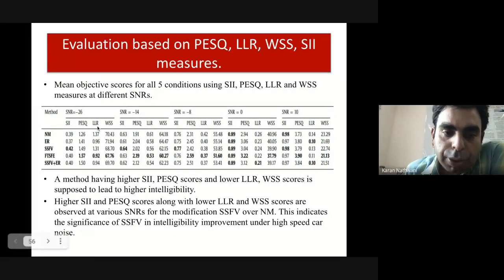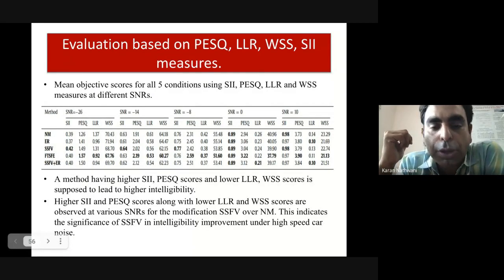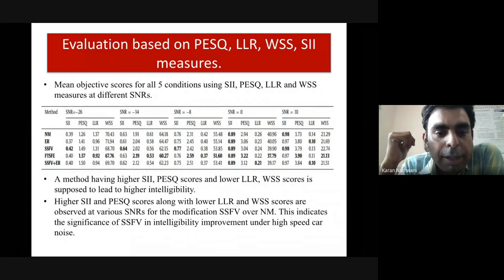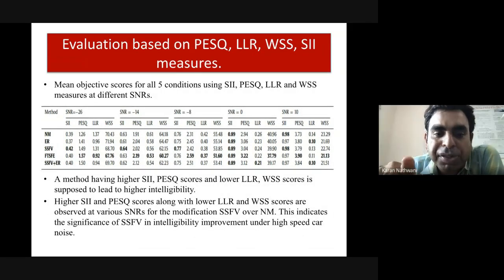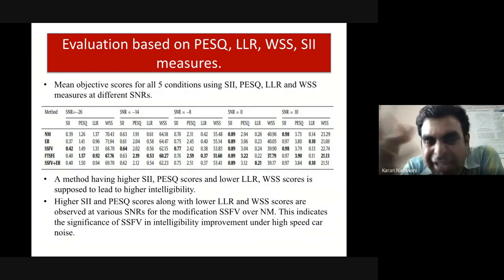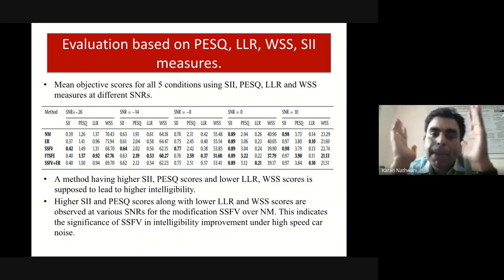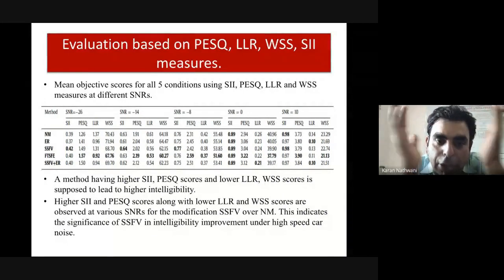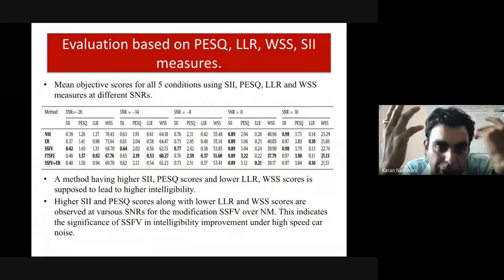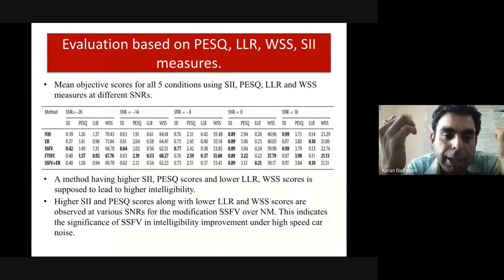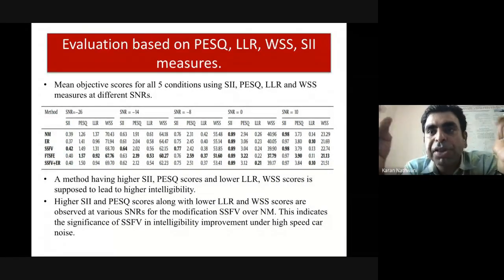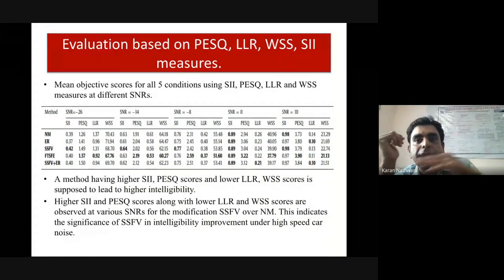Log likelihood ratio is another method which we used in this case, and I observed that these two methods, LLR and WSS, are distance measures. I found a distance between my signal and the modified signal, how close they are to each other. They actually tell the naturalness. Okay. So the lower the LLR and WSS values, the better the method. It means it is very close to my original one.